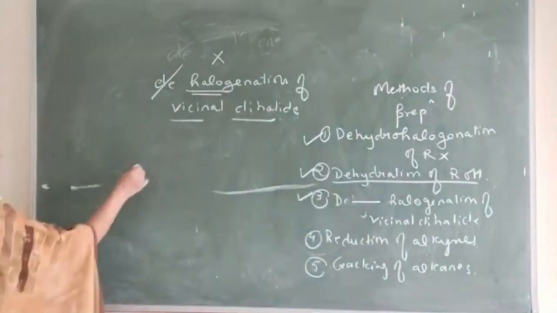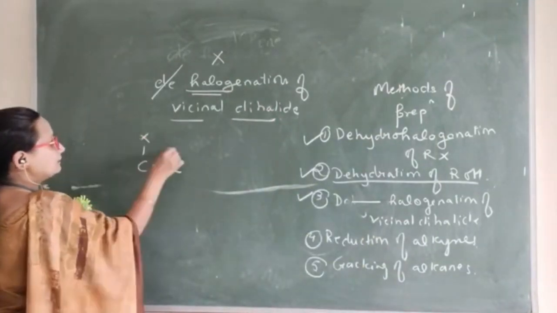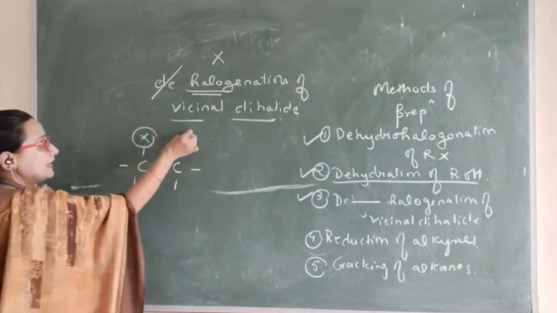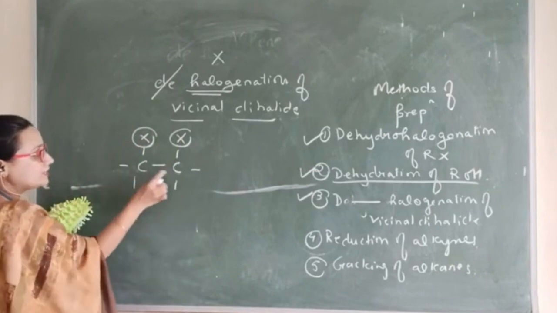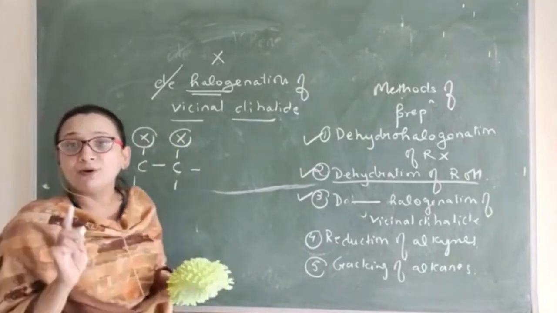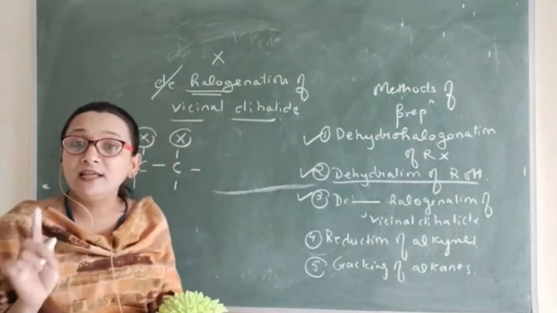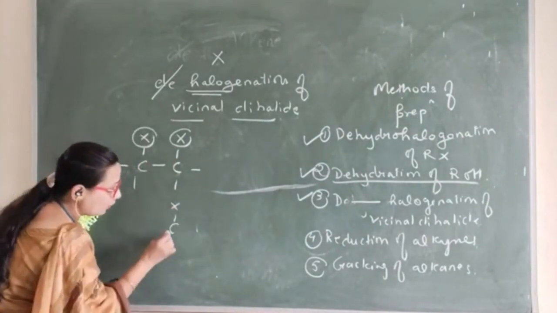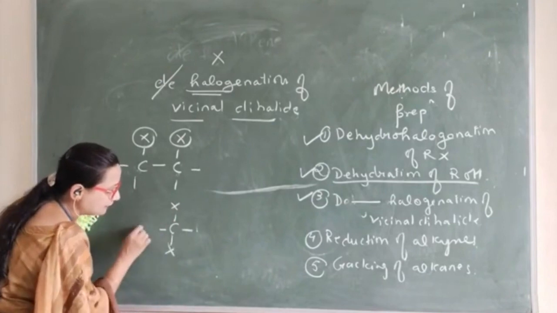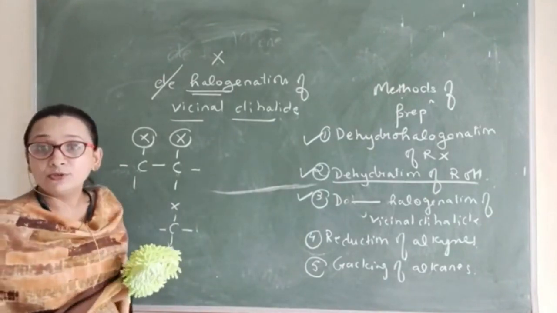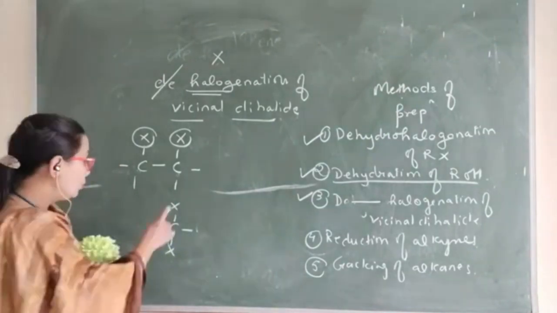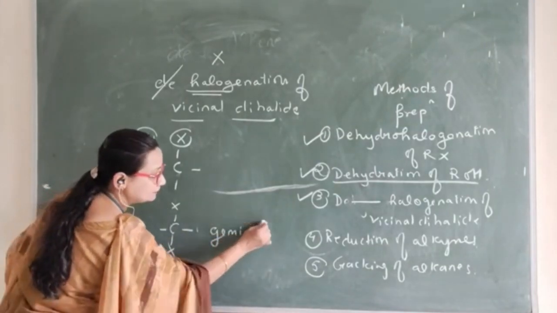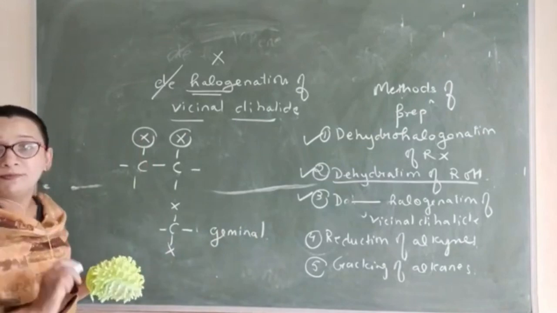लाइक फॉर एग्जांपल सी, इफ आई राइट इट लाइक this, this is two halogens lying next to each other on the adjacent carbon. Such a compound is called as vicinal. अगर यही दो halogens are lying on the same carbon, for example, ऐसा भी तो हो सकता है ना, एक ही कार्बन पर दोनों halogens. Such a halogen is called as geminal. तो we understand what is geminal and what is vicinal.